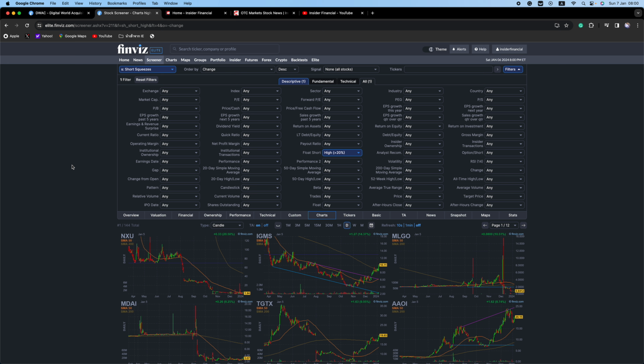This sudden surge in buying activity can lead to a rapid increase in the stock's price, creating a squeeze effect for those who are short. It's like a domino effect of buying that can fuel a powerful upward momentum. Before we dive into how to profit from a short squeeze, let's look at the key elements that contribute to